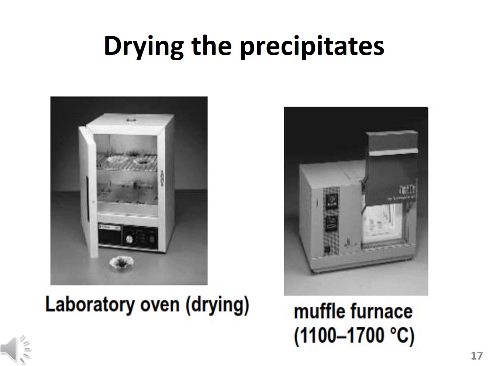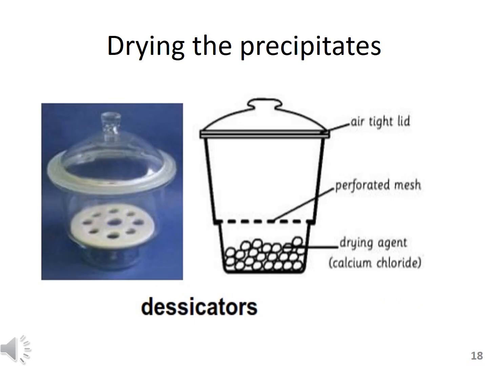So you can use a muffle furnace. Its temperature varies up to 1700 degrees Celsius. So it depends upon the requirement of the protocol, which equipment will suit your protocol. So we'll use that protocol to dry the precipitate. Another example